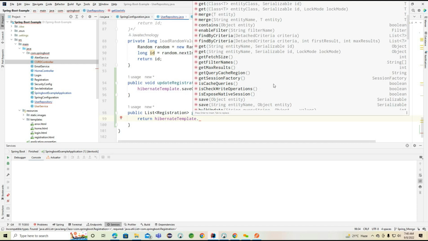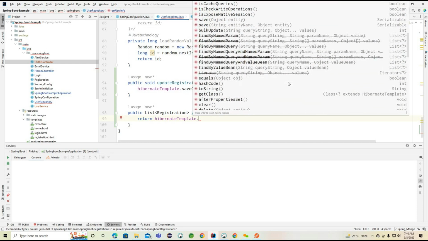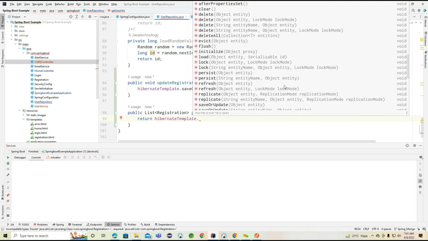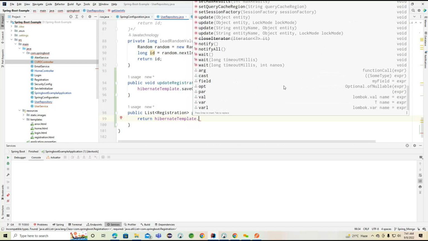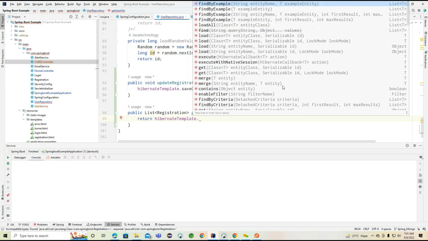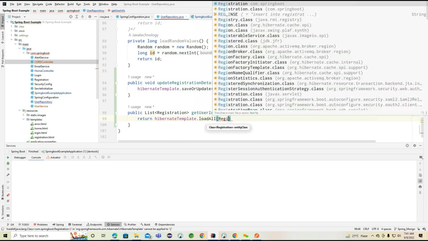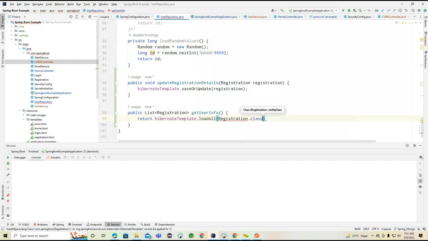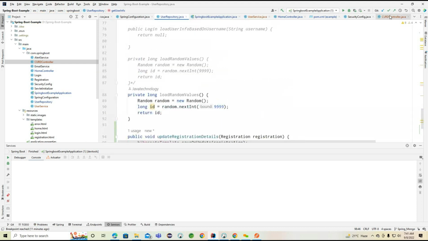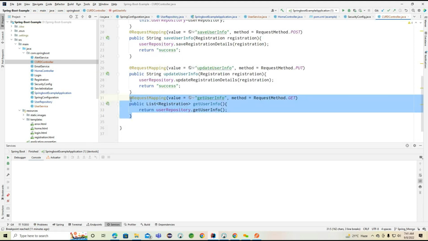So get method, find by criteria. So find by named parameter. These are all deprecated methods. Refresh. Find by example, it should support. Okay, load all. So we want to go to this load all, registration dot class. Okay, so now you can see it is supporting this load all method. Now this is the one method, and here